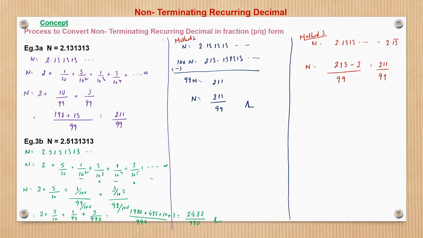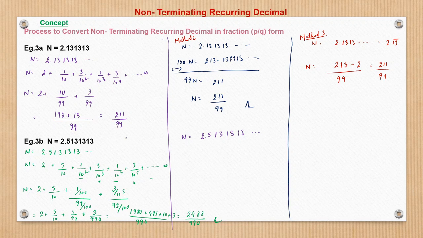So this is a very basic approach. We are just expanding the decimal and then getting the sum to obtain the fraction. Now using method 2, we will solve this. We see that this basic approach actually becomes a bit tedious when the numbers are a bit longer and more complicated. So in this case, method 2 or method 3 may be more useful. So here n we can write as 2.5131313 that way, right?